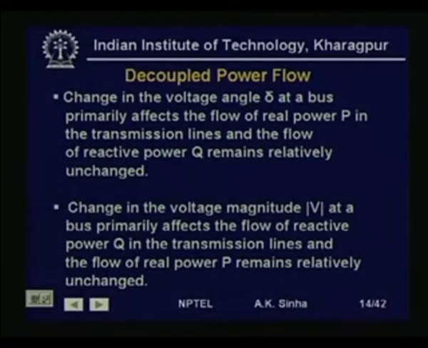Same thing we see, that if we change the voltage magnitude, then the reactive power flow on the transmission line changes, but the real power flow remains more or less unchanged. This shows that P and delta are strongly linked, and Q and V are strongly linked, and there is a weak coupling between P-delta and Q-V, and we can take advantage of this property of the power system